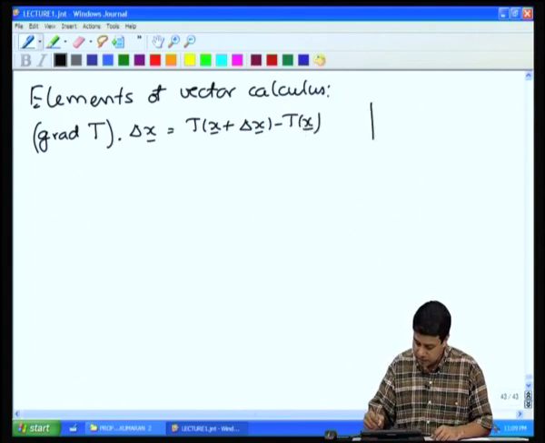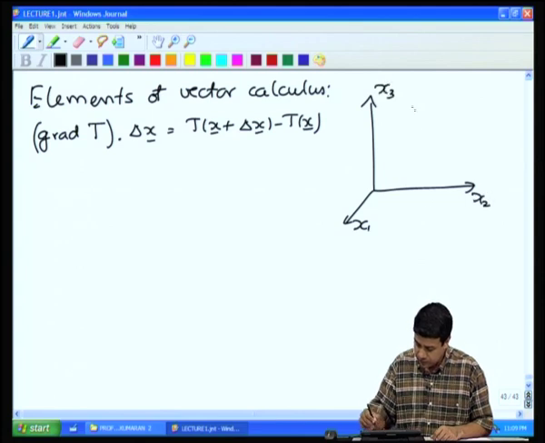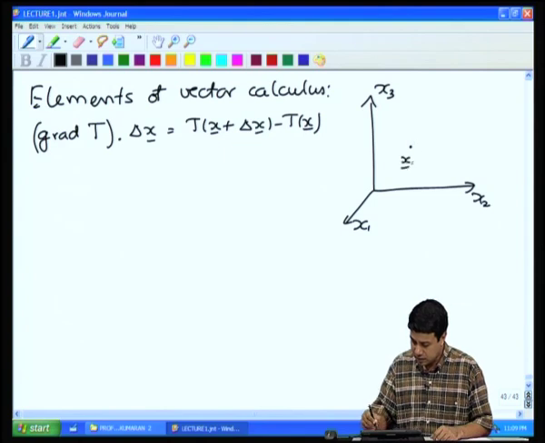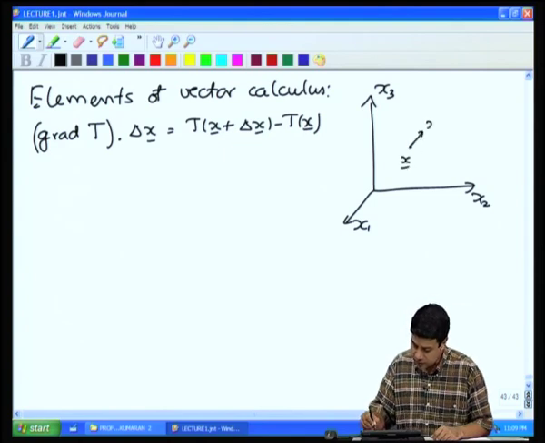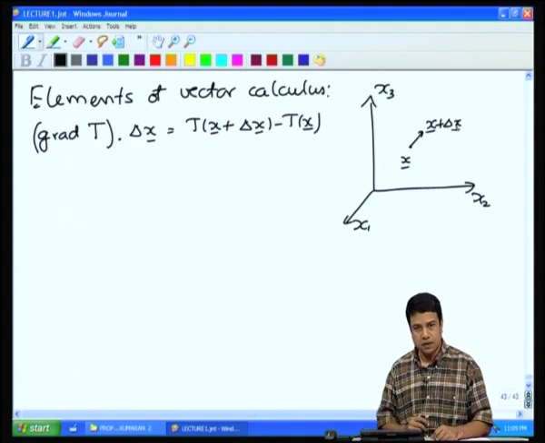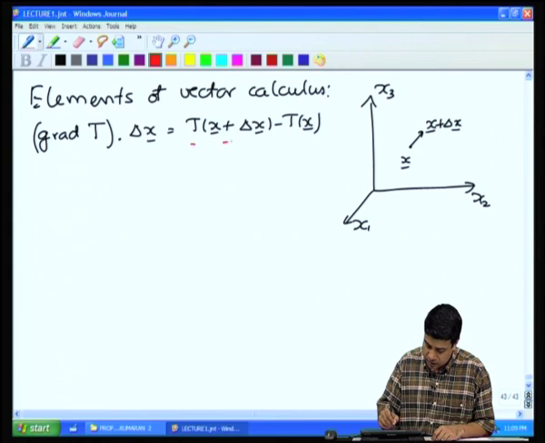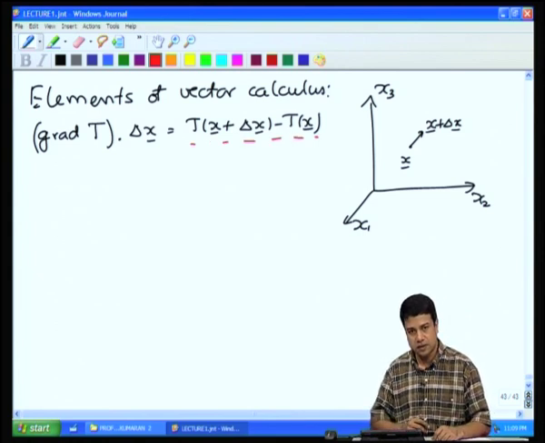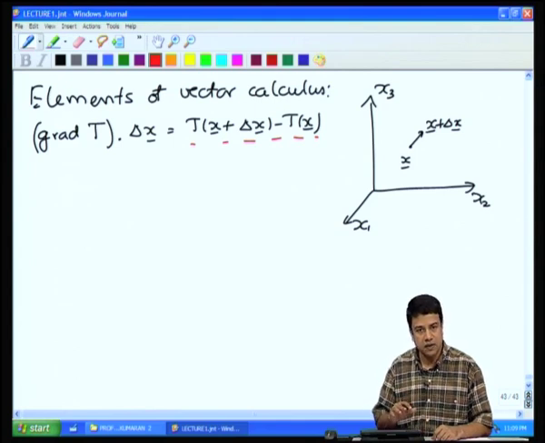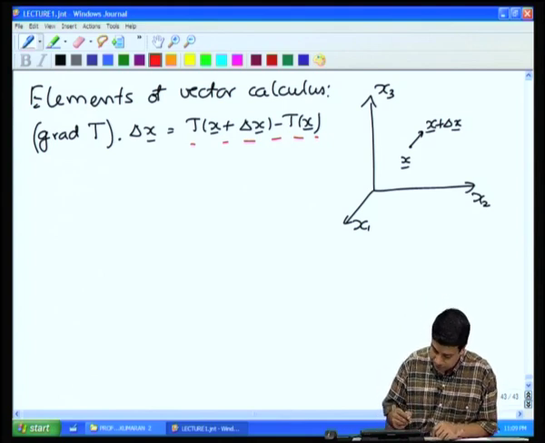Physically, what this represents: if I am sitting in a room with some temperature variations, I am sitting at some location x and I travel a small distance to some other location x plus delta x. The difference in temperature between these two locations, T at x plus delta x minus T at x, is equal to the distance traveled dotted with the gradient of T. The gradient of T is a vector quantity defined uniquely at each position in space. And I had derived the equation for grad T,